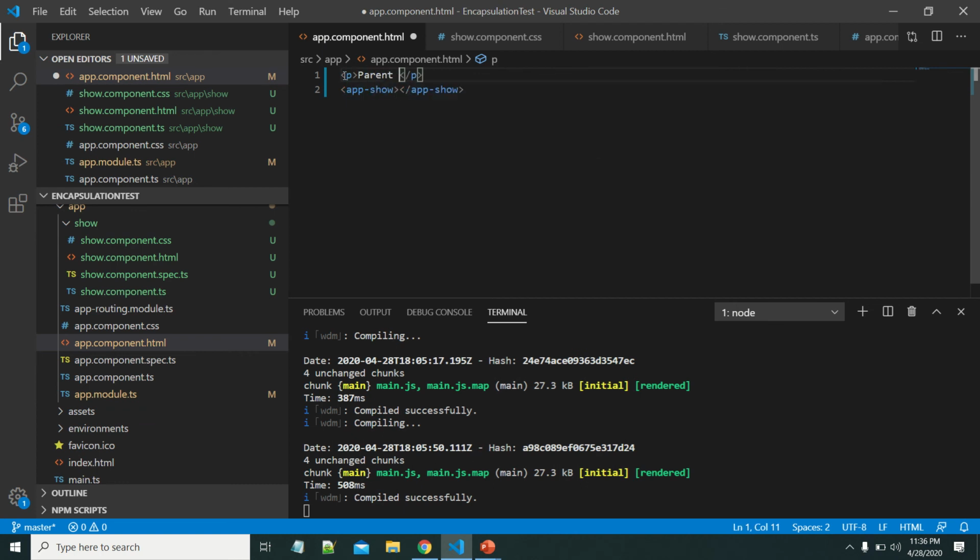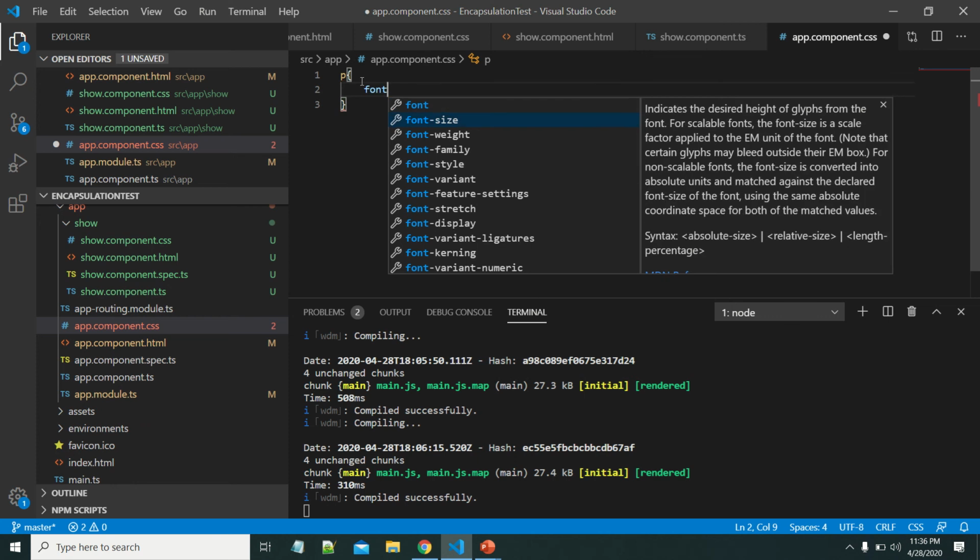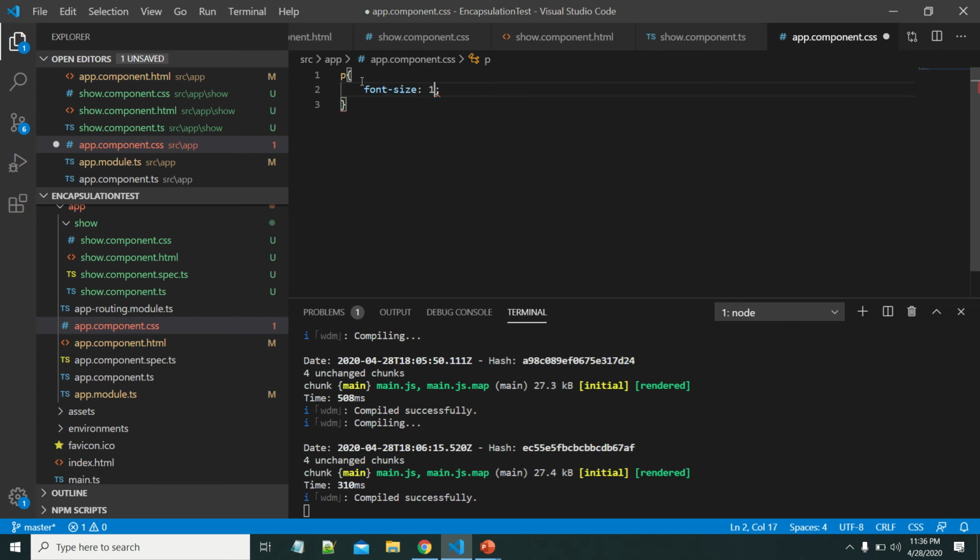Let me put some text here and save it. Let me apply some CSS styles to this app component. Here also I'm using the same selector. Let me put a font size of some 100 pixels.